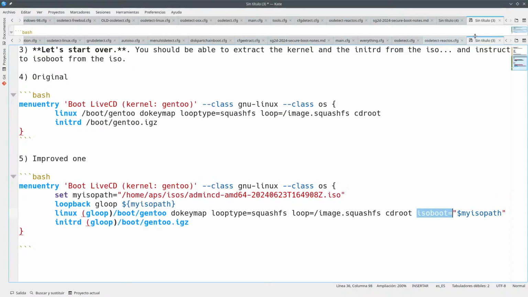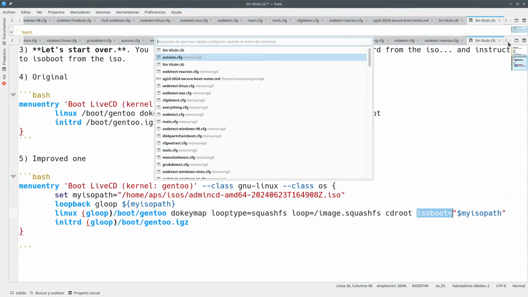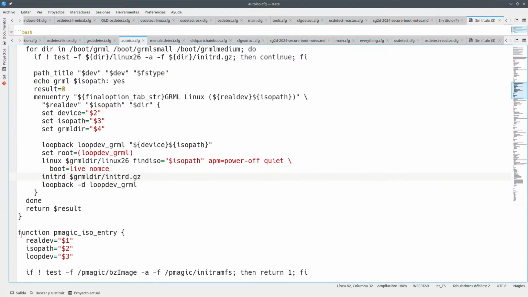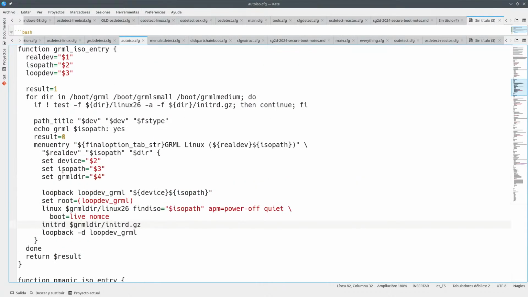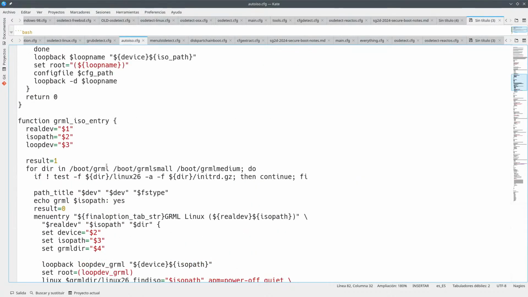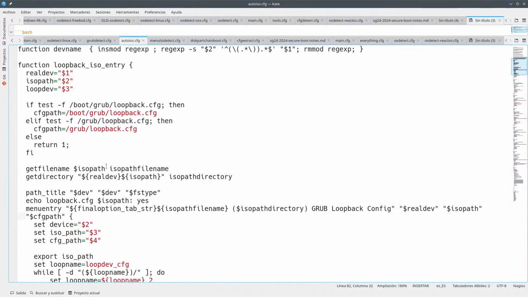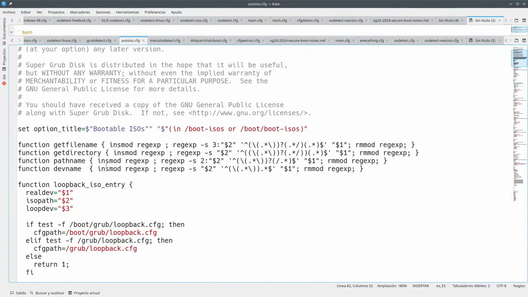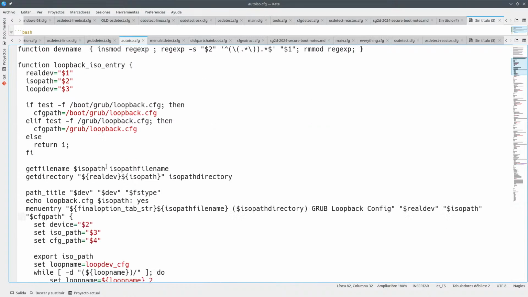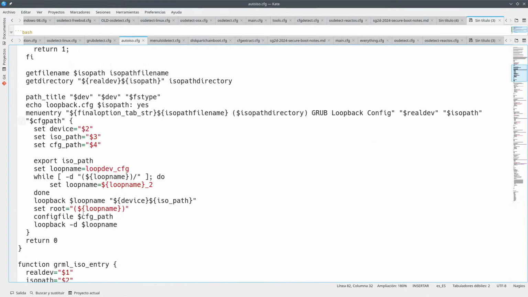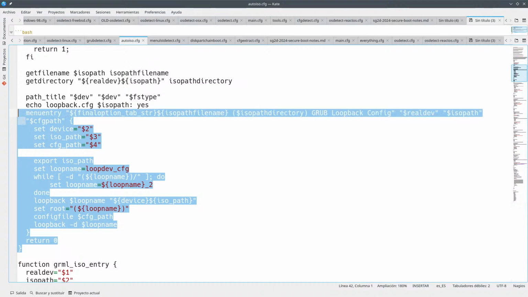You've got the source code here on how Super Grub2 Disk does it. Where is this? Loopback. It's this code here.